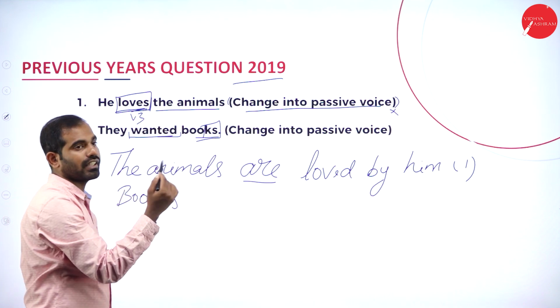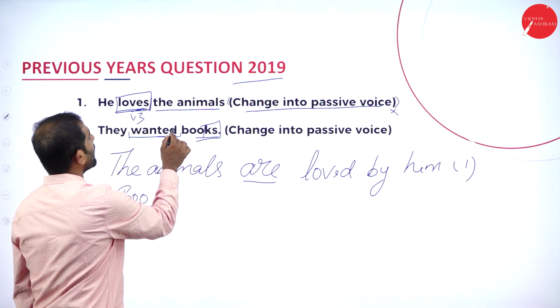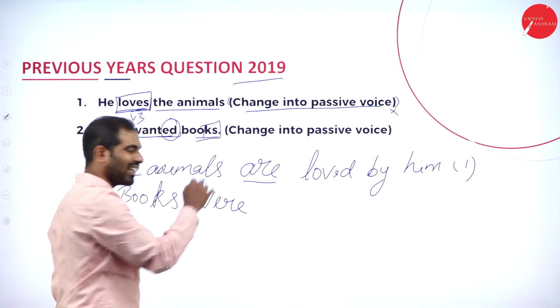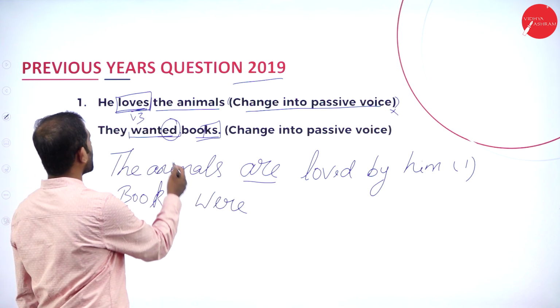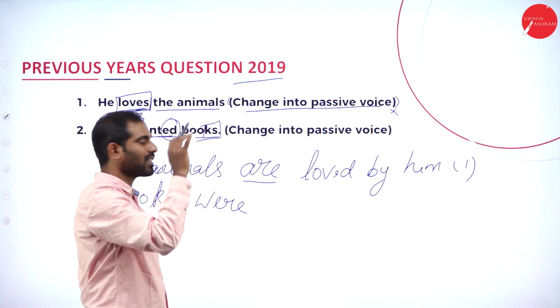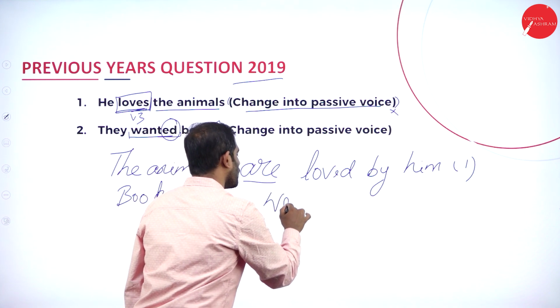Here it was in present tense, so we used are. But here it is wanted, so we are going to use were. Very simple. Books were wanted. Remember, were wanted. It is already in past participle. Books were wanted